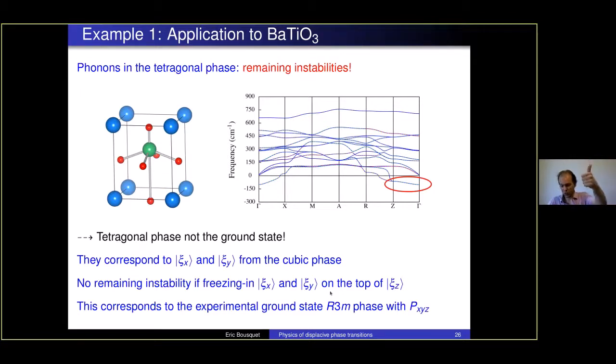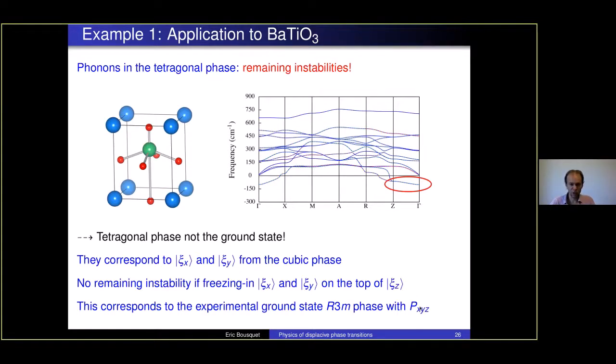And this mode is not unstable anymore because now it is away from the cubic phase. But you still have the polarization along x and y directions that give rise to phonon instabilities. This means that again you can condense along x, you get the orthorhombic phase, and you condense along x, y, z, and you end up with the R3M phase, with the polarization in the three directions that corresponds to the experimental measurements. And again, you can make a phonon projection and you recover the same story at the end.